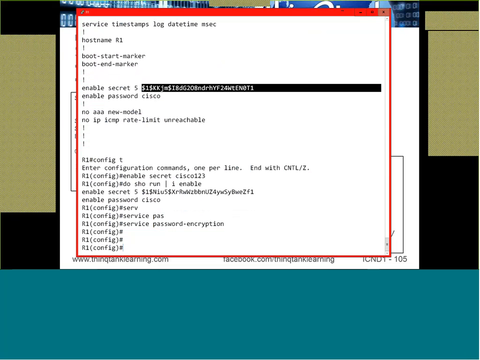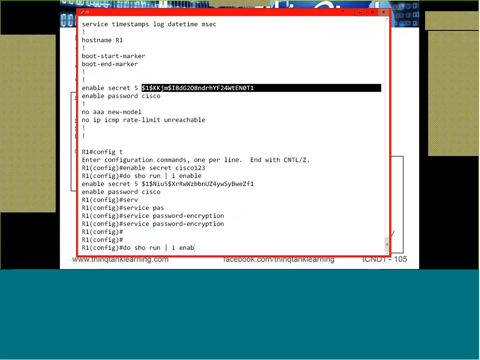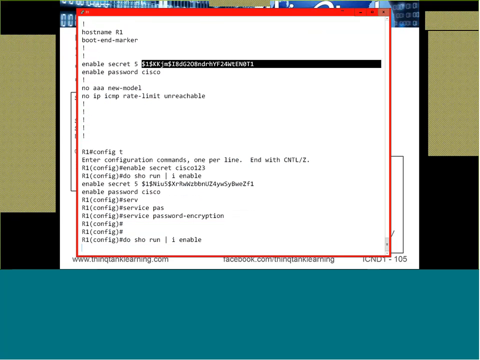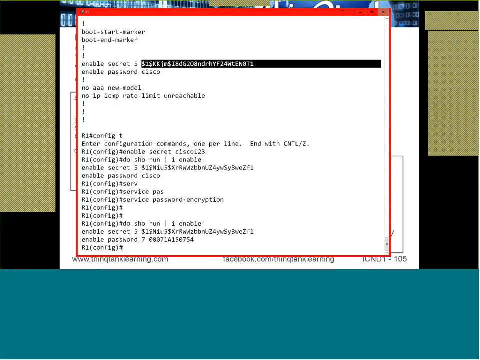Service password encryption. Now, if I do a show run, pipe, include, enable, you'll see that the Cisco password no longer shows up. Instead, we see a 7 and a string of numbers and letters. Okay? I call this obfuscation, not encryption. It is technically encryption,